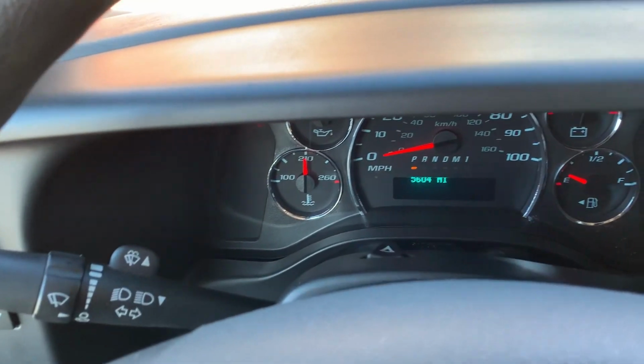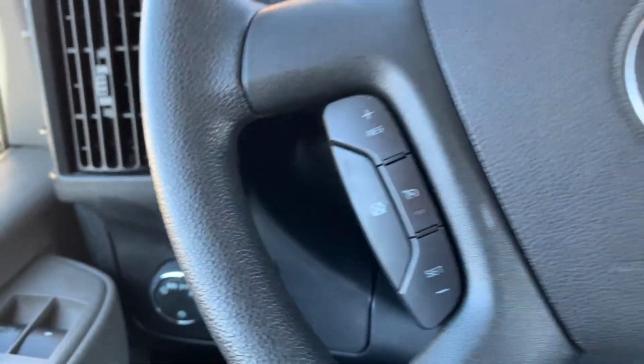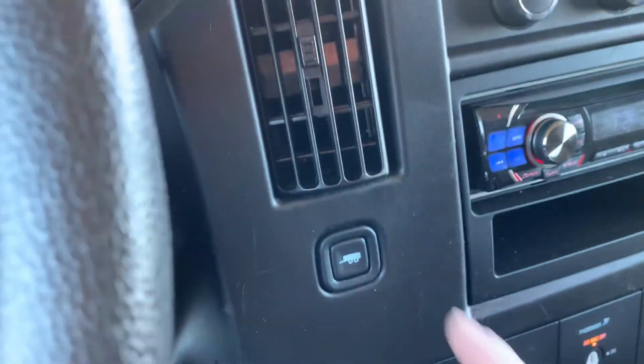Then that doesn't really flicker at all. It's just the refresh rate in my camera that makes it look like that. And you come over here and you've got your cruise control, trailering settings,